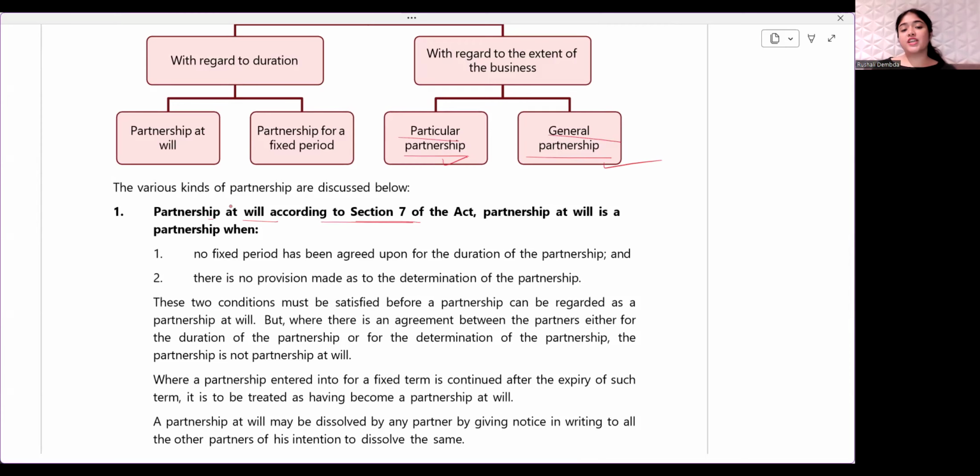Partnership at will. According to section 7 of the Act, partnership at will is a partnership when no fixed period has been agreed upon for the duration of the partnership. There is no provision made as to determination of the partnership. There is no provision made as to how long this partnership is going to work and what the terms are, etc. When there is nothing given about duration, till when it is going to continue, at that time you can say the partnership is done at will. These two conditions must be satisfied before a partnership can be regarded as a partnership at will. But when there is an agreement between the partners either for the duration of the partnership,